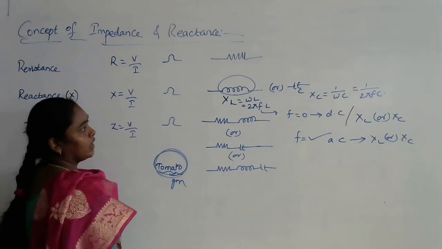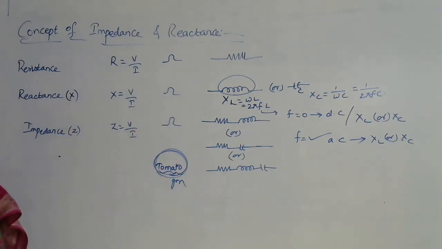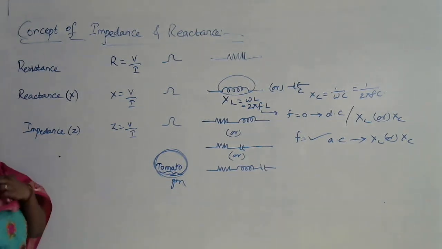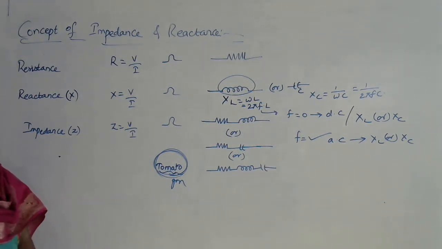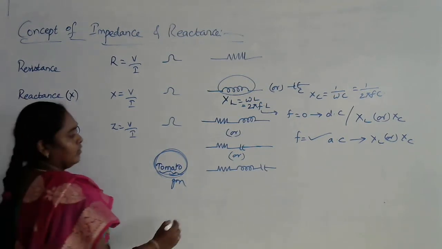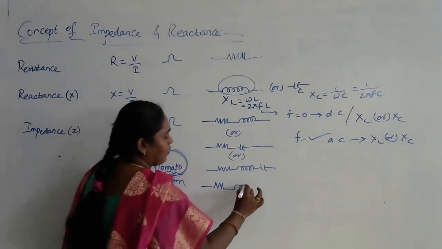If a circuit consists of only a pure inductor, then it is called a purely inductive circuit. Similarly, if a circuit consists of only a capacitive element, it is called capacitive reactance. If a circuit consists of both resistance as well as reactance, then such a circuit is called an impedance circuit.